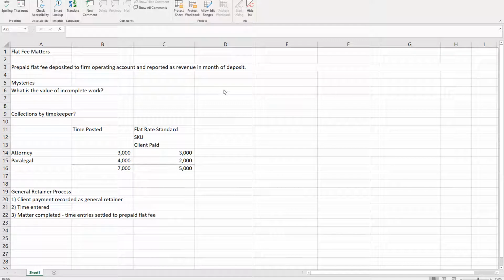We get two very difficult questions from law firms that bill based on flat fees. Most of our firms are in states where prepaid flat fees can be deposited to the operating account and reported as revenue in the month of the deposit. The prepaid flat fees do not have to be deposited into IOLTA, and that kind of leads to a couple accounting puzzles. So first, if a firm will accept a $5,000 prepaid flat fee for an estate plan,